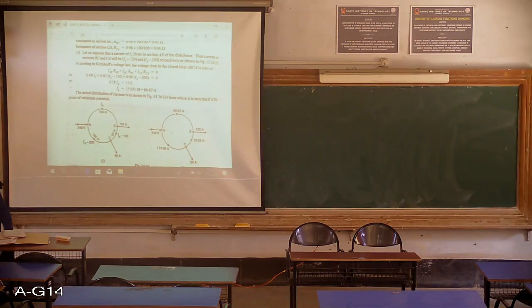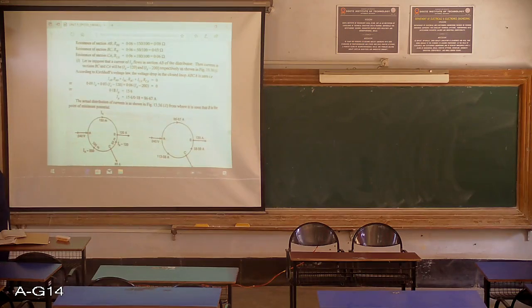At this point, 120 minus 200. Clear? Because here now this 120 goes off and here 80 goes off. So it will be IA minus 120 plus 80, which is 200. So we have written in this section the current will be IA minus 200. Okay, so once you analyze the diagram, it is very simple.